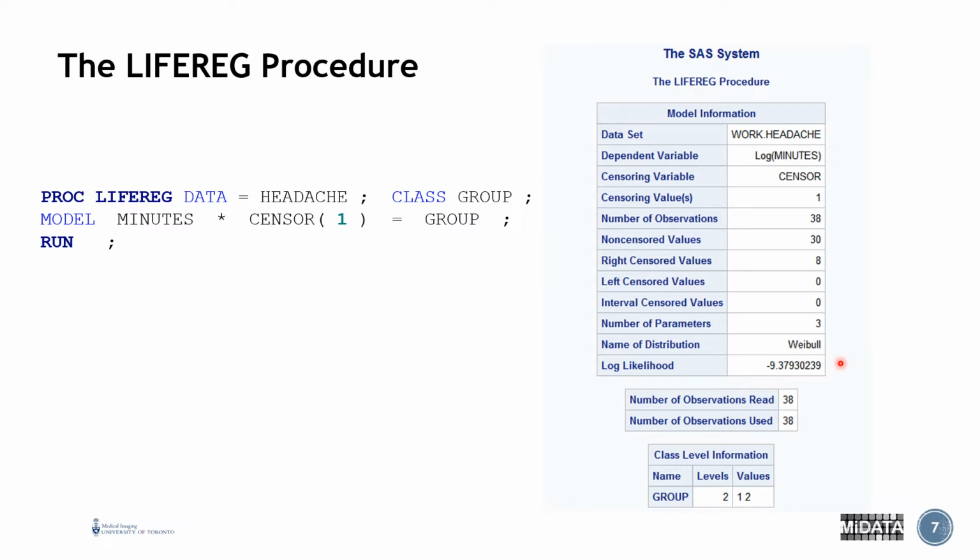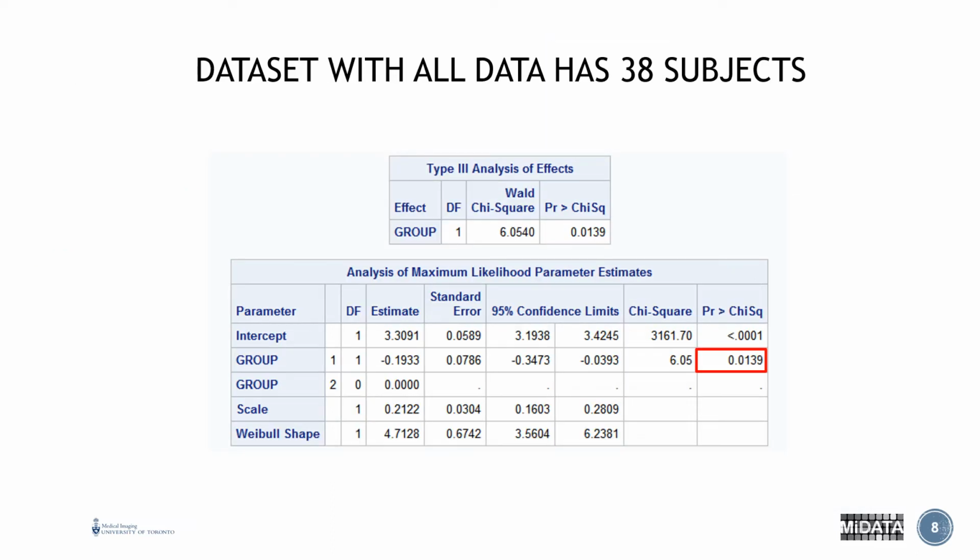SAS here has defaulted to the Weibull distribution, and we're not going to go into detail on all the various distributions and what the appropriate fits are. But just to tell you that SAS will default to Weibull if you do not choose one. Okay. So if we use the data set with all 38 subjects,